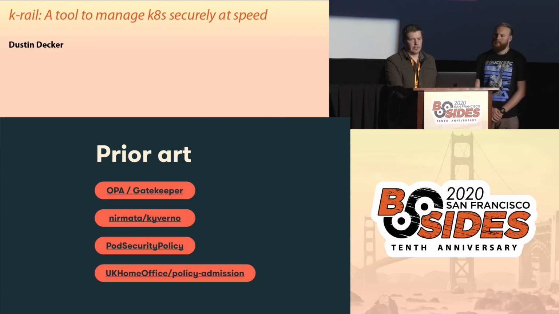And there's some prior art too. Many of these projects were started around the same time or a bit after, but none of them today still solve all the requirements that we set out. A common missed requirement is that they support giving feedback for pods that are applied to the cluster, but not higher level resources that ultimately implement pods, like deployments, daemon sets, stateful sets, and cron jobs.